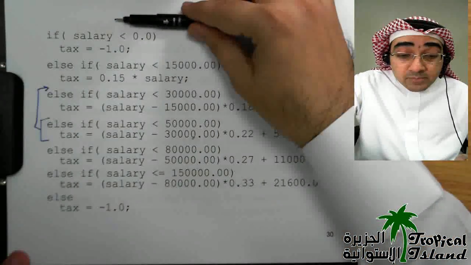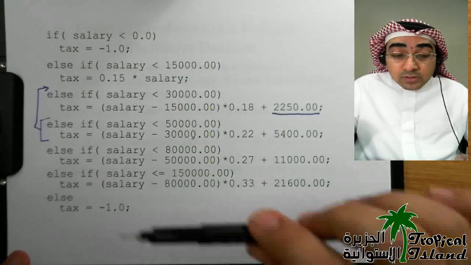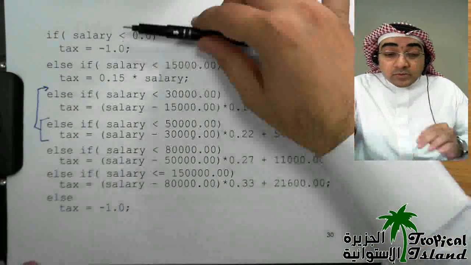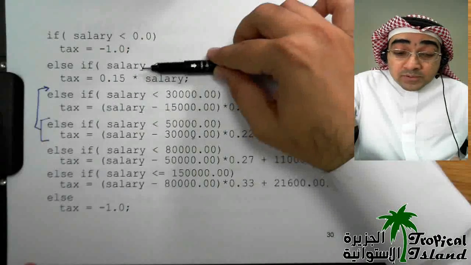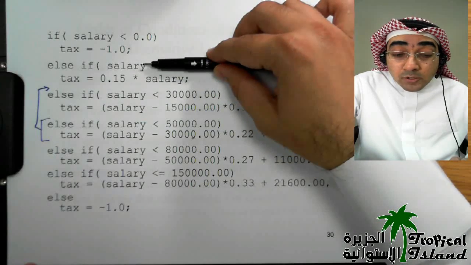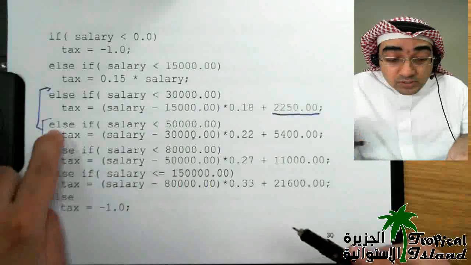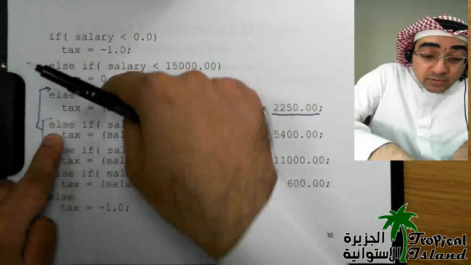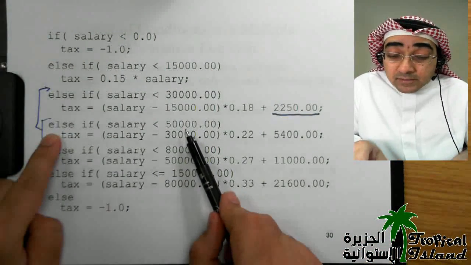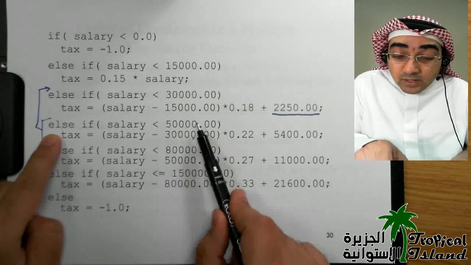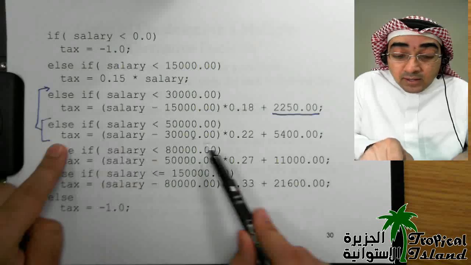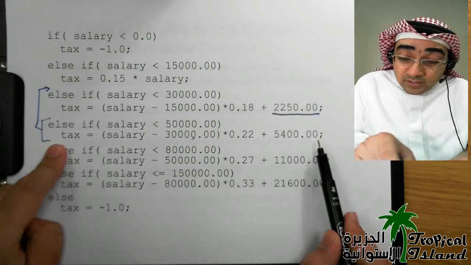So my program is going to come and run, and this will have a logical error in it. I am paid 20,000. I'm going to say, is my salary less than 0? No. Is my salary less than 15,000? No. So I'm going to jump to the next condition, which is this one, okay? Because these two lines are written here. I'm going to check, is my salary less than 50,000? Then that will come yes. Okay, so 20,000 is less than 50,000, and I'm going to calculate the tax based on this, and then I'm